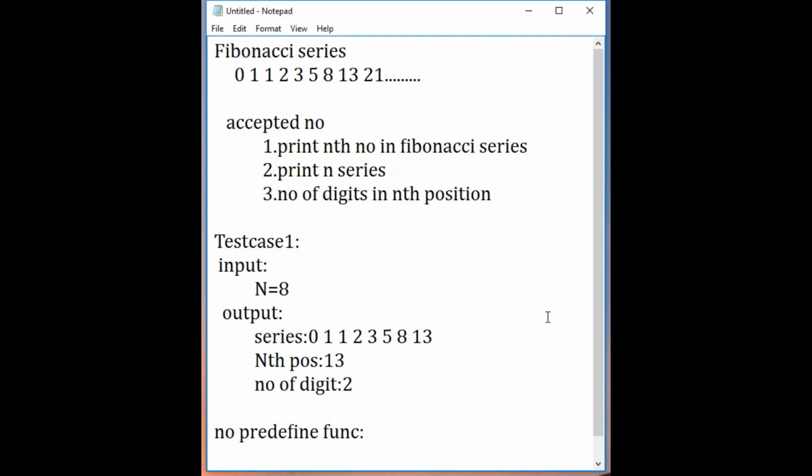You can go one by one, guys. I have given the same scenario for how we are supposed to do it. Generate the series and check whether the generation has reached the nth term. Once it has reached the nth term, display the number at that particular position, followed by finding how many digits are there.